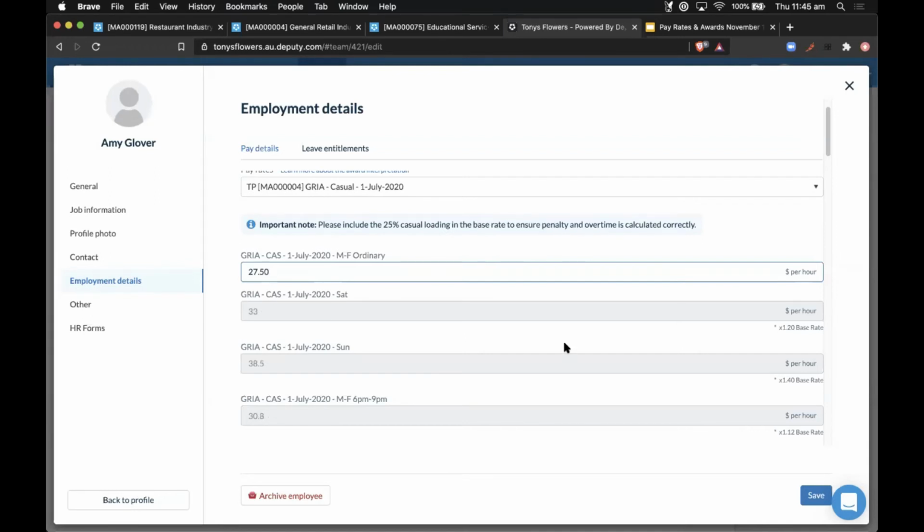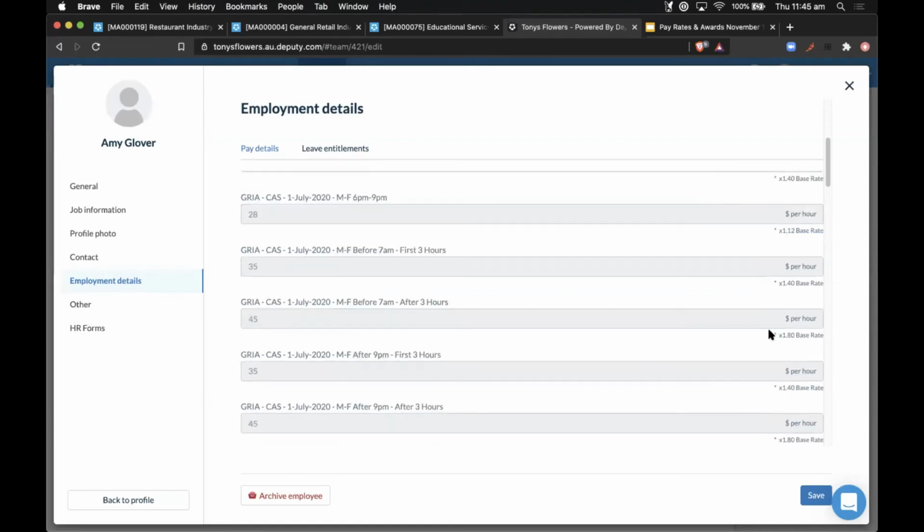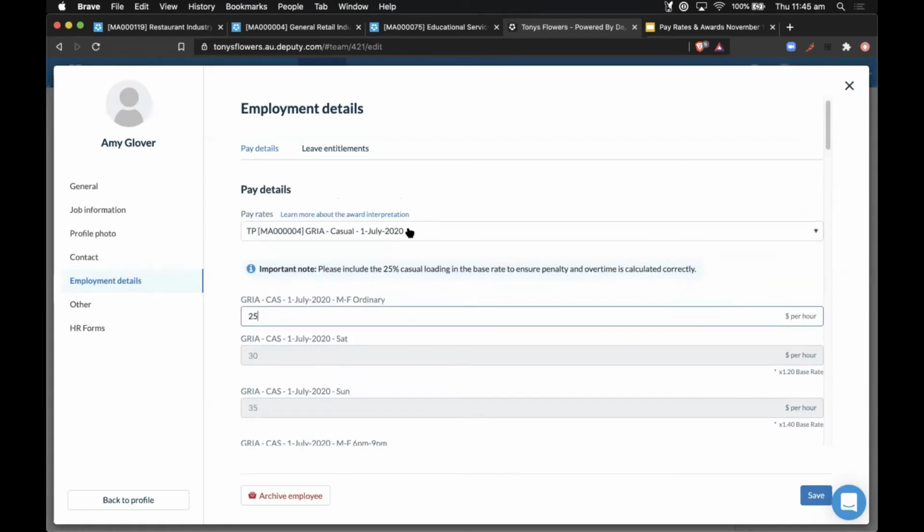$27.50. But if the nature of the change to the award has to do with the multiplier, then it becomes very important to make sure that everyone's on top of changing the award. You can keep the same rate of pay as the base, but you'll see this might change to 1.22 or 1.45 or something like that. Correct. And then someone else asked, what does the 2020 stand for? The 2020 is the latest version of it.